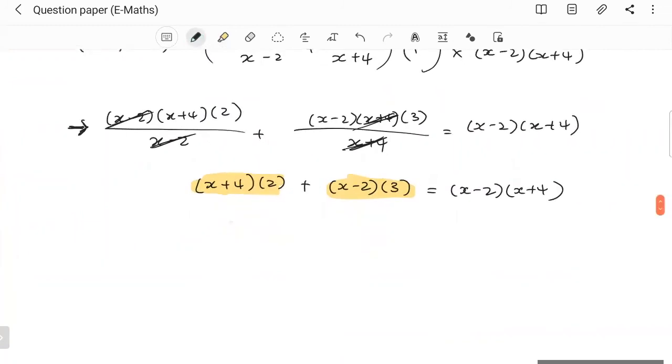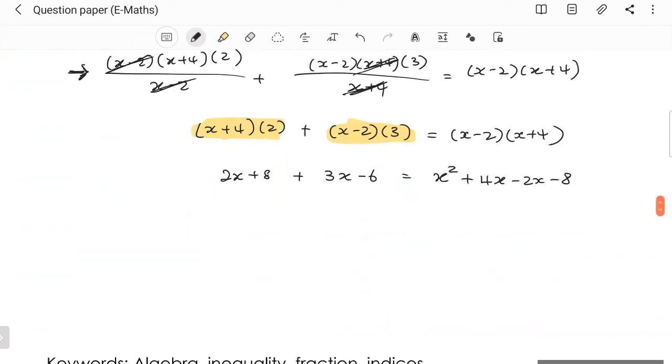Then we expand. So we'll have 2x plus 8, plus 3x minus 6, equals x squared plus 4x minus 2x minus 8. Then we shift all to the left-hand side. So I will have x squared